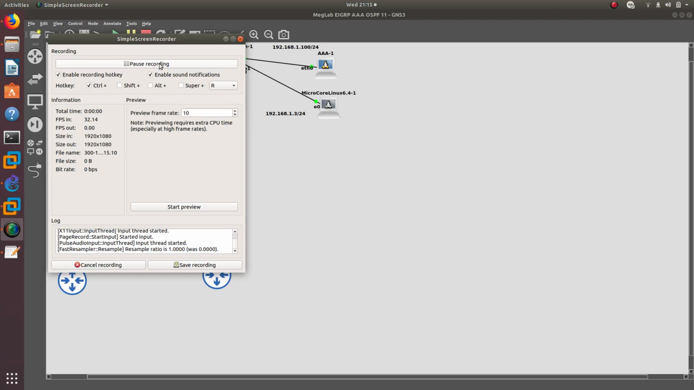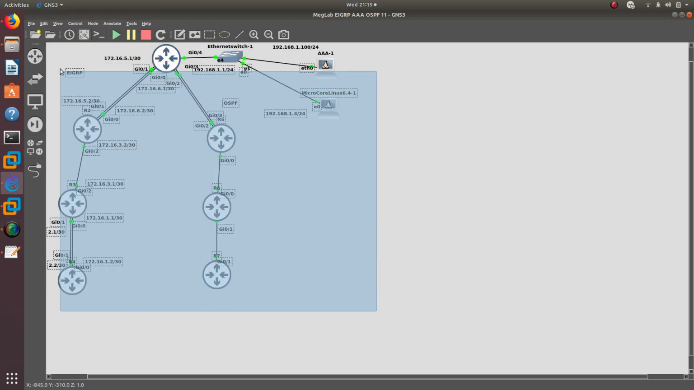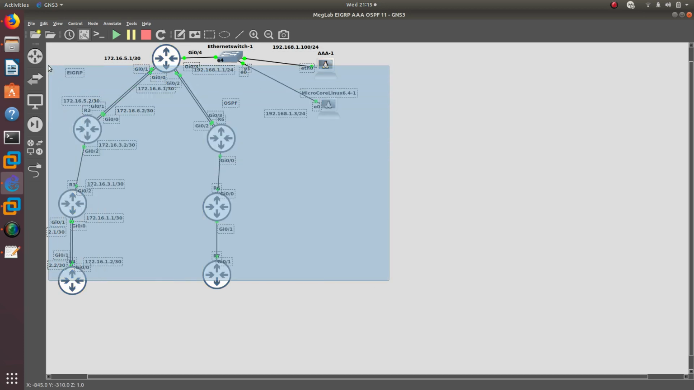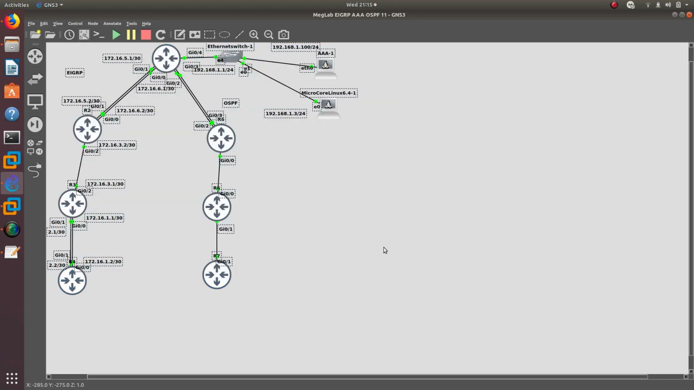Hello guys, welcome to this new video, and we are going to continue configuring this MegaLab as you can see over here. In the video before, which was a little bit long, we did some EIGRP troubleshooting. The VPCS was not working, so I had to add a Microcore Linux, and then EIGRP was not working, so we fixed EIGRP. And then at the end we added the AAA